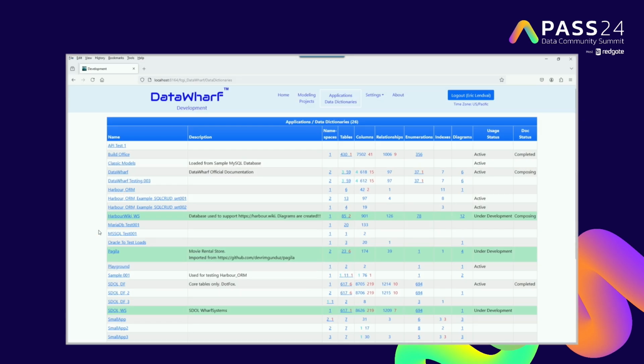And this is my instance of DataWharf. I'm currently running it locally. If I was using Docker, I could actually also connect to this. If you're using Docker, I would highly suggest, and there are instructions and a YouTube clip